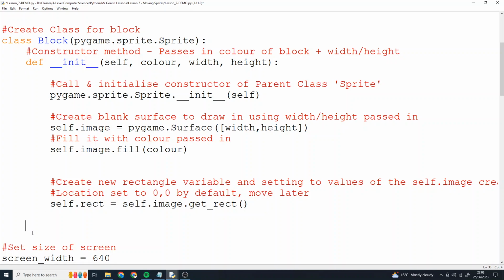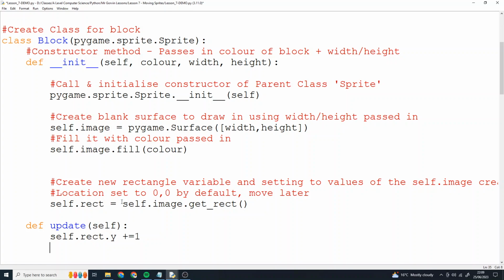So tab in, make sure you're inside the block class, and we're going to create a new method. We're going to go def update. We're creating a method that updates this block, with self, because we're referring to itself. And we're going to use the same sort of code we had a second ago: self.rect.y plus equals 1. That's going to do the same thing we did a moment ago, but we're going to make it reset to the top of the screen, so it's not just going to fall off the bottom of the screen. We're going to go if